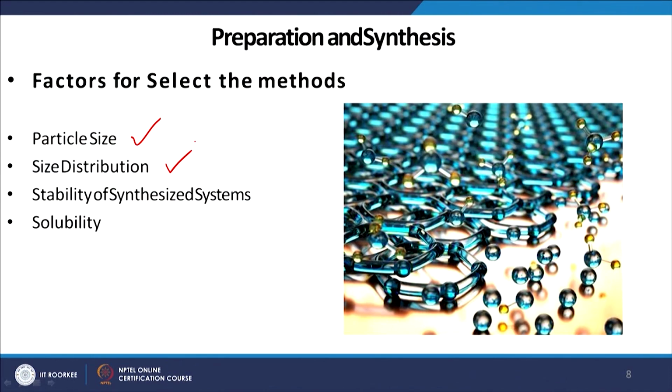There are methods to characterize whether a solution is monodisperse or polydisperse. Dynamic light scattering is a method, or TEM, transmission electron microscopy, is a method used to characterize whether it is a monodisperse or a polydisperse solution or dispersion. Stability of the synthesized system is also very important. Let us say today I make the nanoparticle dispersion and within 1 hour the whole system has collapsed, that we do not want. Once we make it, let us say I want to keep that solution for 1 month or for 1 year. So the stability is also very important, and solubility, whether it is a colloidal dispersion or a solution, is also very important.